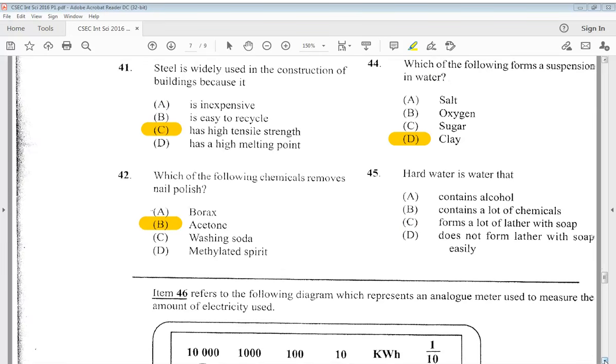All right, let's move on to 45. Hard water is water that A, contains alcohol, B, contains a lot of chemicals, C, forms a lot of lather with soap, D, does not form lather with soap easily. So, we know this one. D, it does not form lather with soap easily. Let's go to